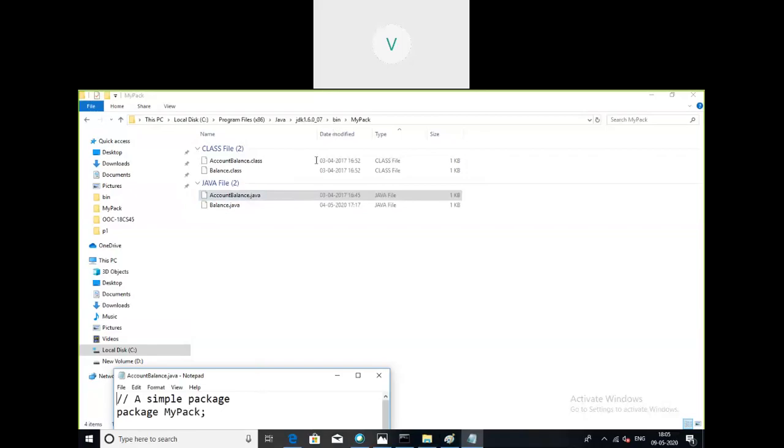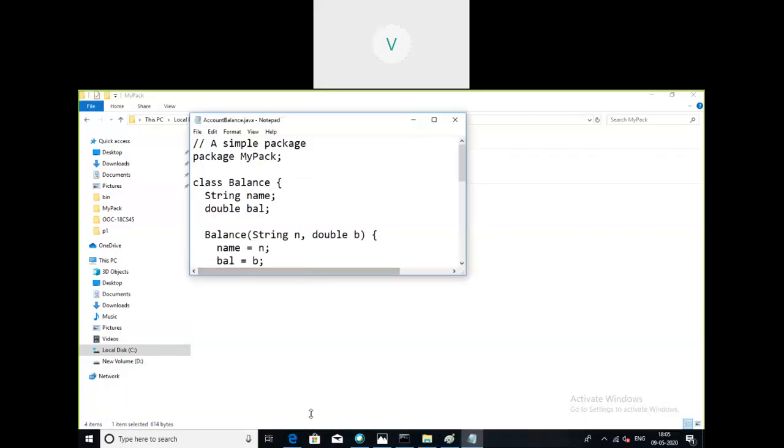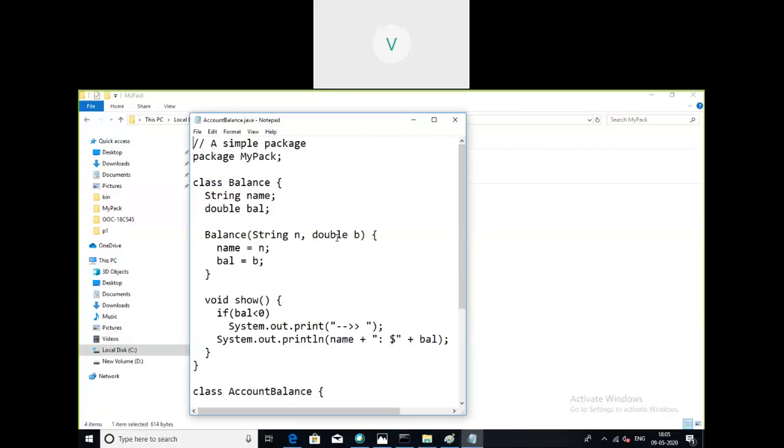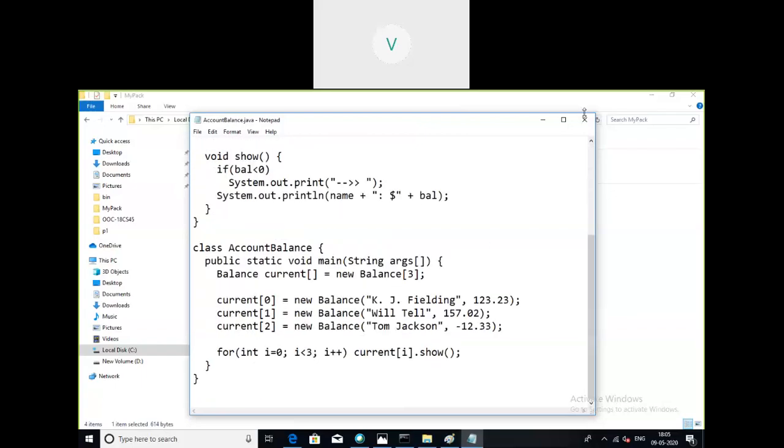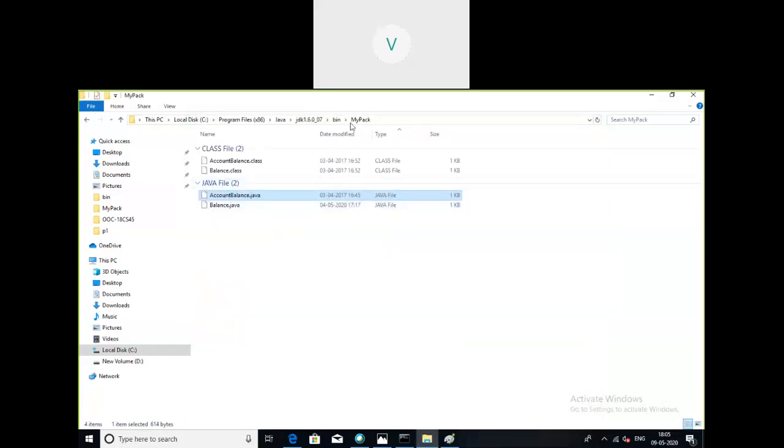So you can see here account balance.java. Just now whatever I have shown, the same program. Account balance.java is the source file, which contains two classes, balance and account balance, and both the classes should be part of the package called mypack, right? So the mypack package is present in the bin folder because by default we are assuming and executing all the programs from the bin folder, and all the examples will be following like this only.